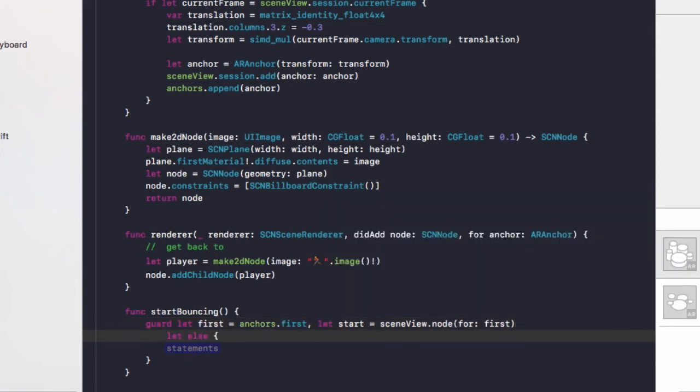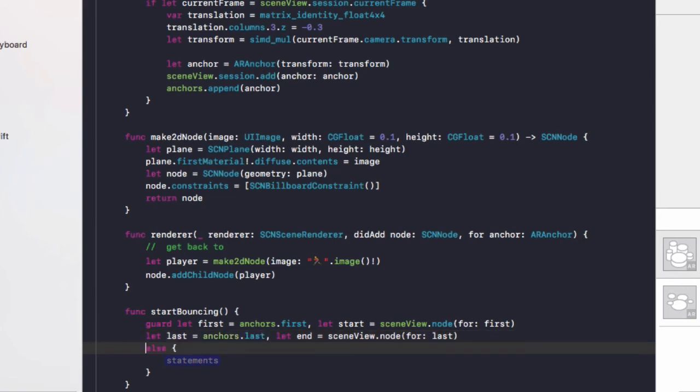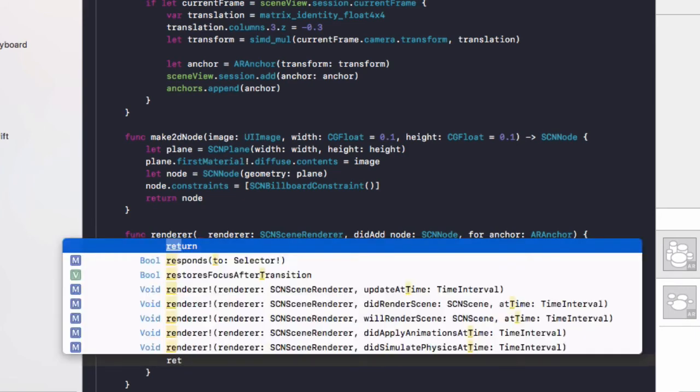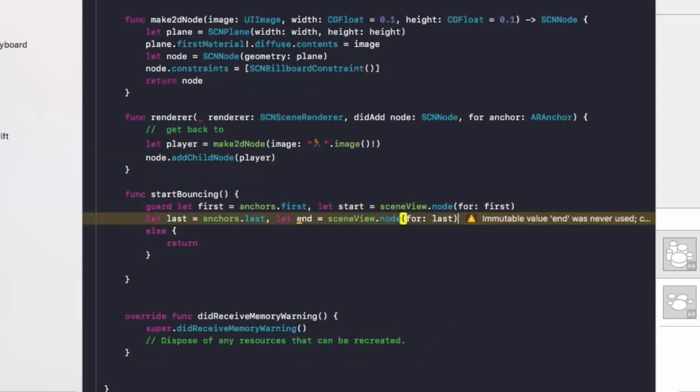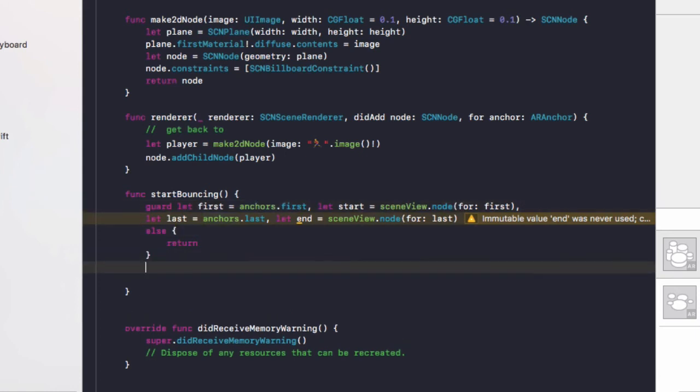New line: let last equals anchors.last, comma, let end equals sceneView.node, in brackets for: last, and then in this else, if we call it, we're going to do return. And to make sure after the start we add in a comma as well, otherwise it will complain and show